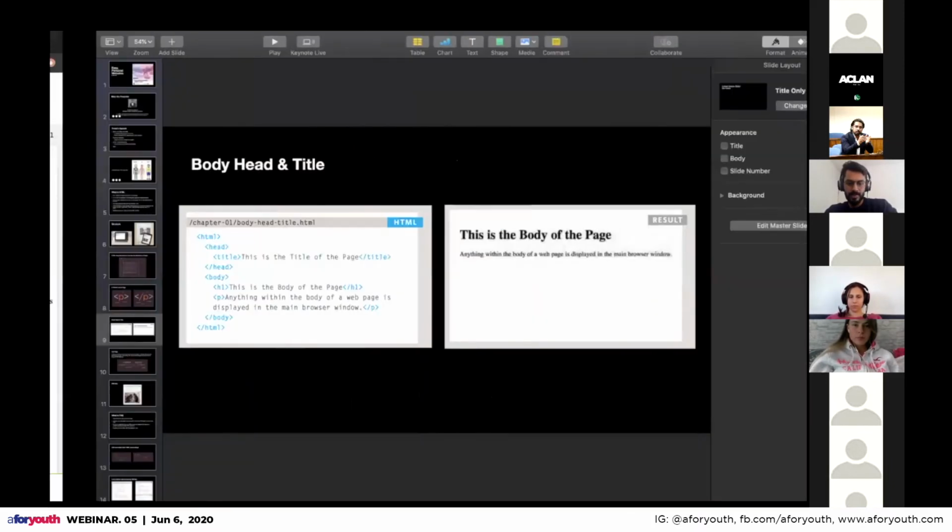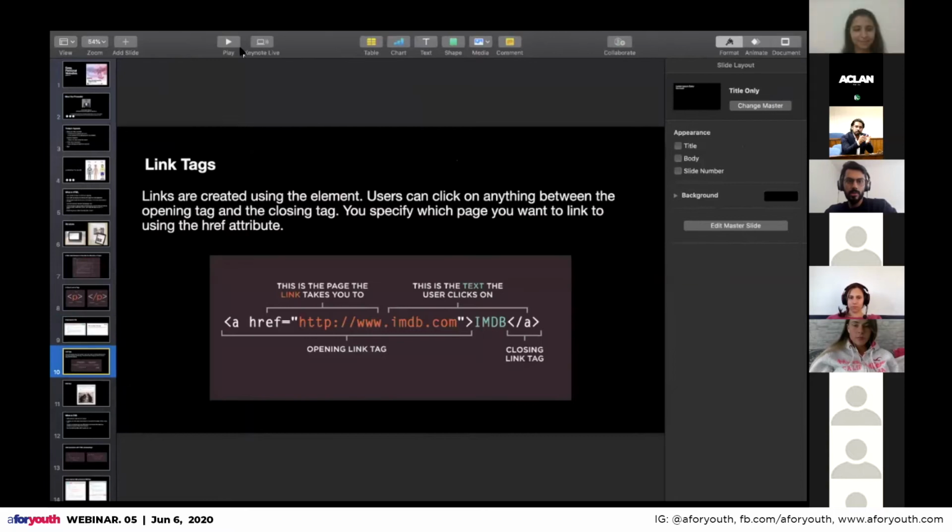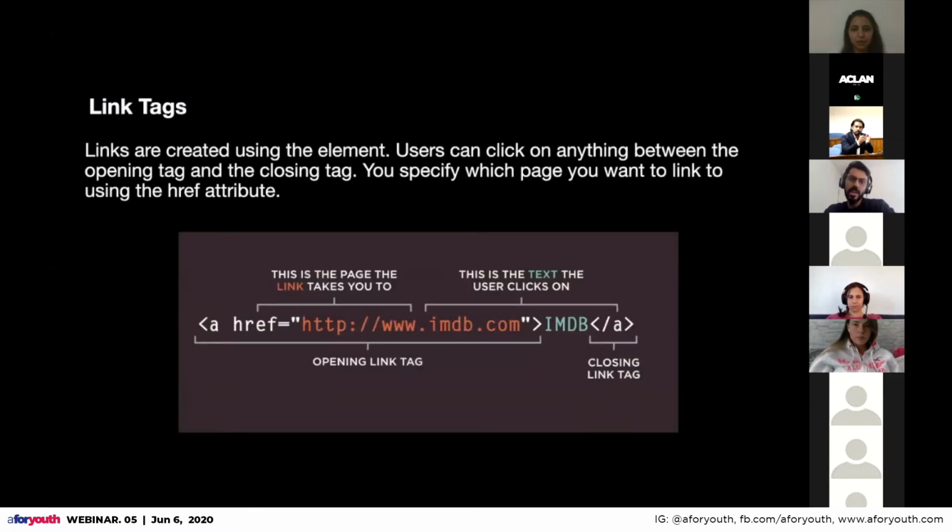Okay, so next up is link tags. So this is another type of tag, just like we saw these H tags, which are simple text tags. A tag is more like a link tag, and links are created using the A element, and these are used in buttons as well.